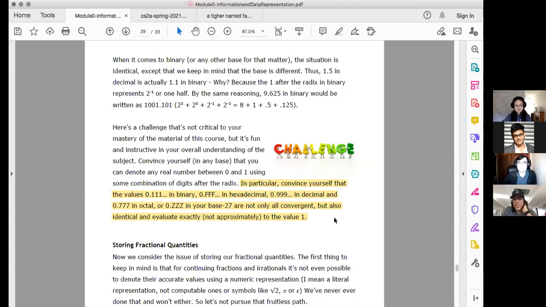But what you're saying is that they just get really, really close to 1, right? Mhm. Okay. And the more digits past 0 that you go, the closer you get. And if it's not a finite number, but a repeating number of digits, then in fact, yeah, it converges to 1. Okay. Thank you. Probably have to use calculus to really prove it, which I don't feel like doing in binary.